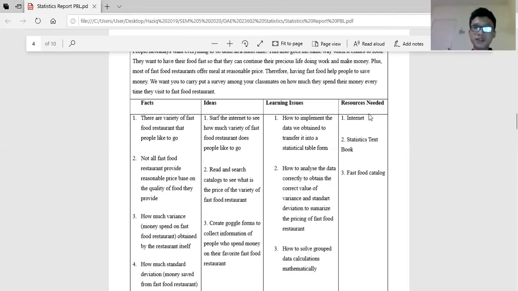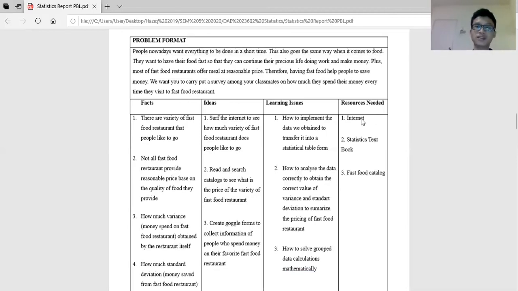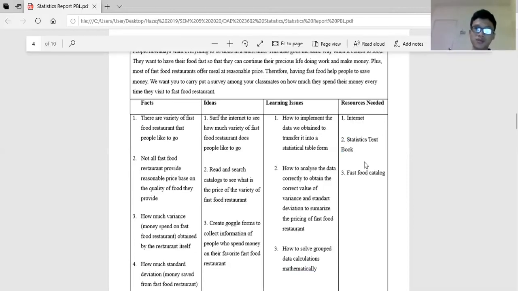And finally, the resource needed is of course the internet. We surf the internet to see how much advertisement or info there is regarding our fast food restaurant food price. And number two resource is the statistics textbook. We can see the formula of group data from there and examples from the book to refer to and solve